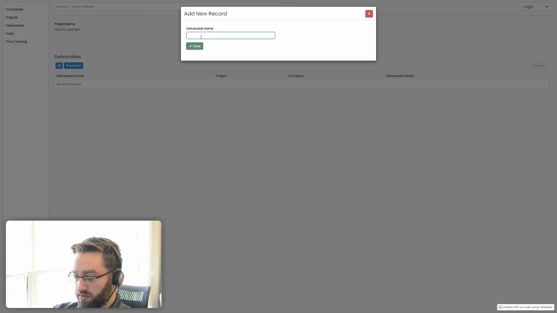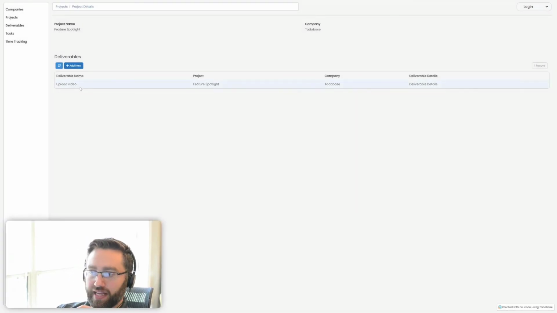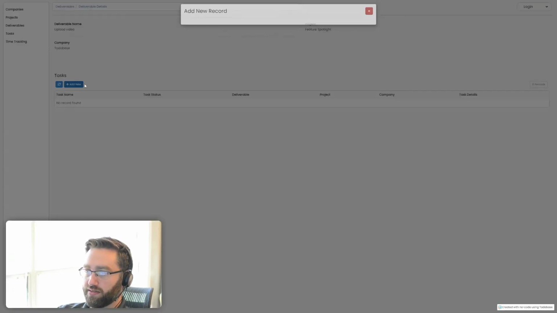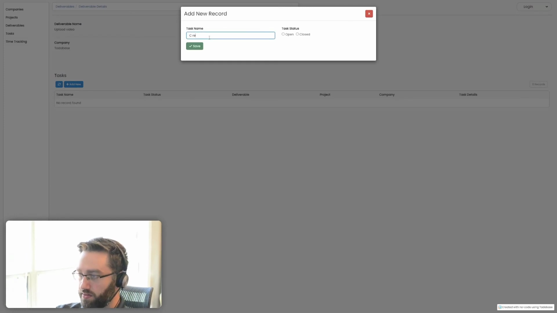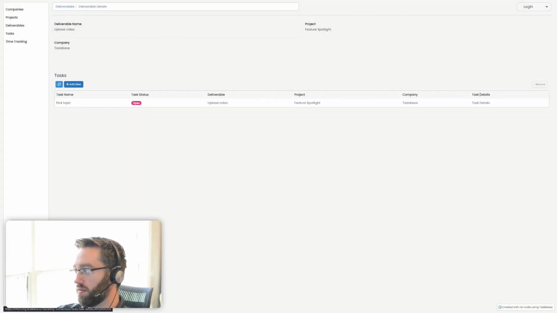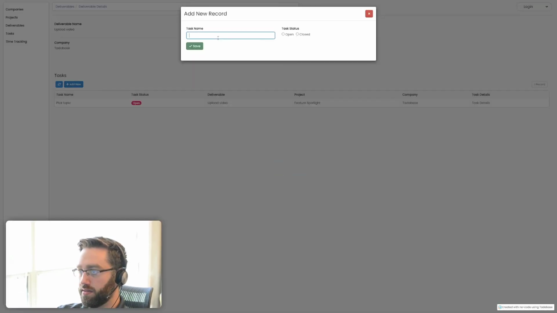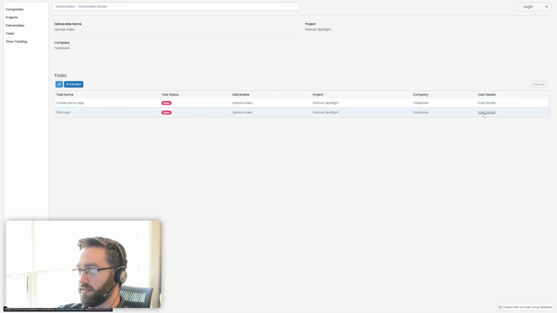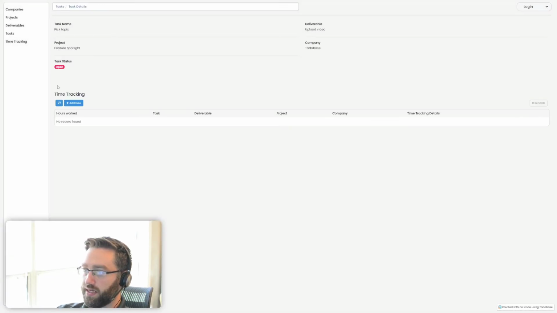We'll add deliverables. I don't know. I don't want it to be the exact same thing, but it will be. Upload video, because I'm not creative right now. Upload video, again, everything, connections are already set. Deliverable details. This one will be, I don't know, pick a topic, open, and create demo app, open. All right, and then task details, we can go to either one of these, pick topic, we can add